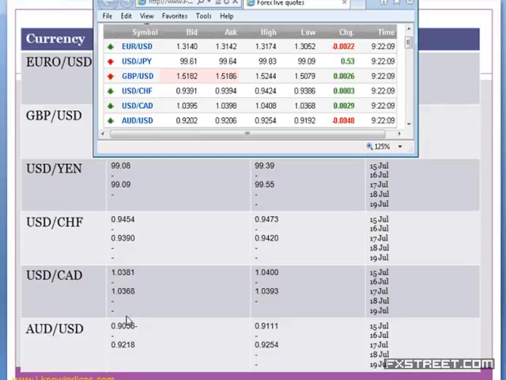Then with regard to the Canadian dollar, 1.0368 is the low they set, and 1.0393 was the high, and they breached it and formed 1.0408 as the new high. Then in the case of Australian dollar, a nominal upward move they had done, and they have come below that of the initial high.